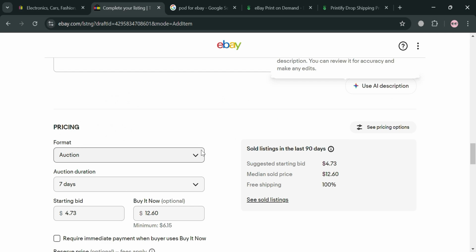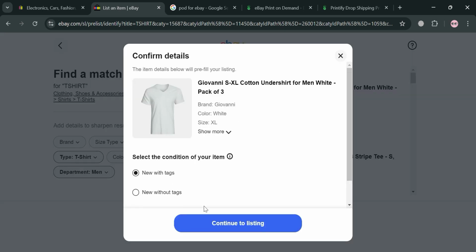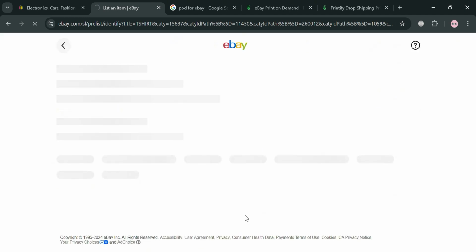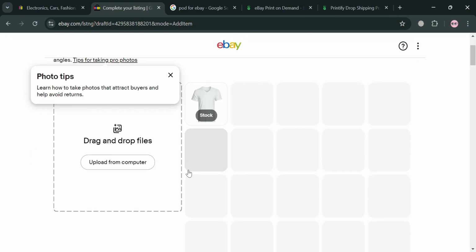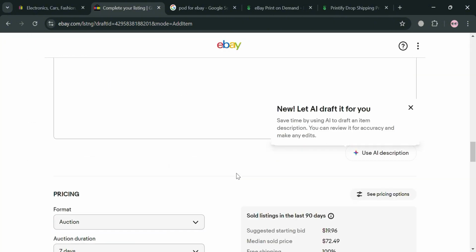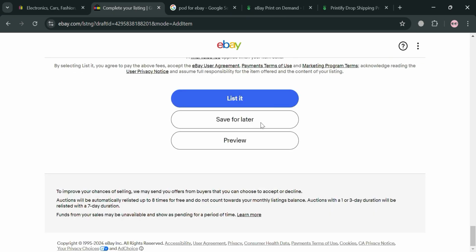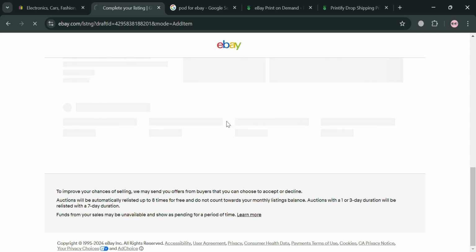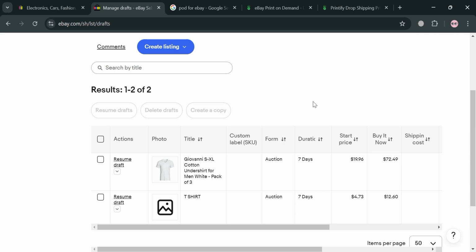However, if you want to continue with a match, you can simply go back to this page again, then click on this result, and upon clicking on it, it will show you here that you can confirm the details. I'm going to choose with new tags and click the continue to listing button. After that, you'll be able to see all of the details about this kind of product. At this point, there's a lot of info that is already filled, unlike before with the result that had no match. So at this point, we can simply save this in our draft or click the save for later button right here. After that, you will be directed to this page, and as you can see, we're currently under our drafts